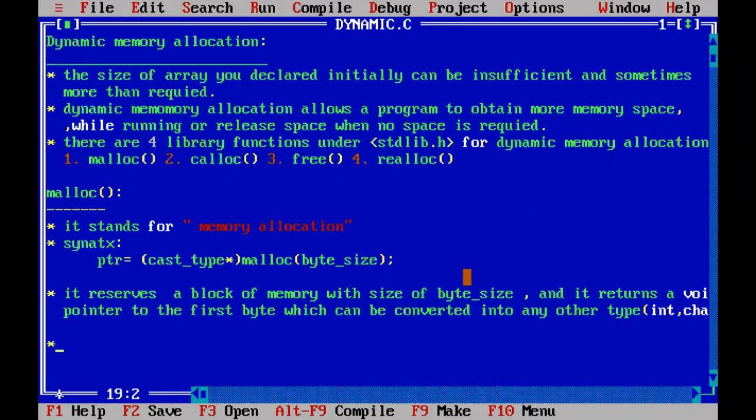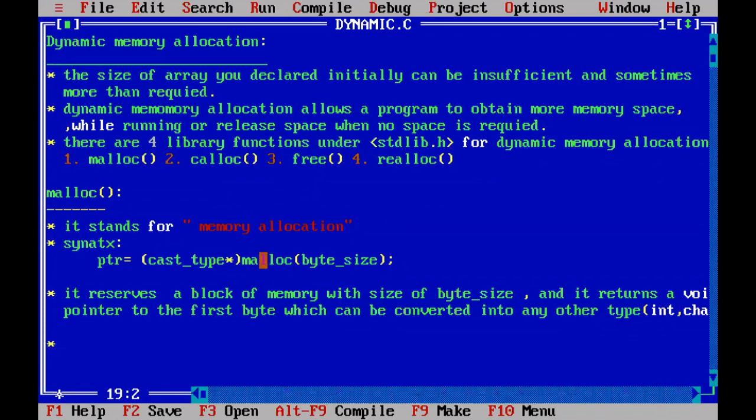The pointer, which pointer? The void pointer to the first byte address is returned to the left side, and that void pointer you can convert into any other type, because the pointer returned is void. That means it does not belong to any other type. It is nothing. It is just a pointer.